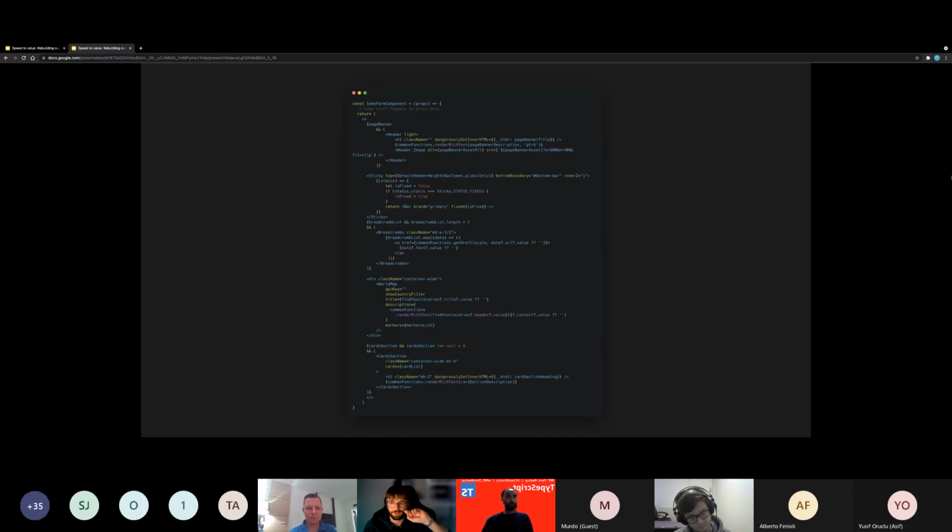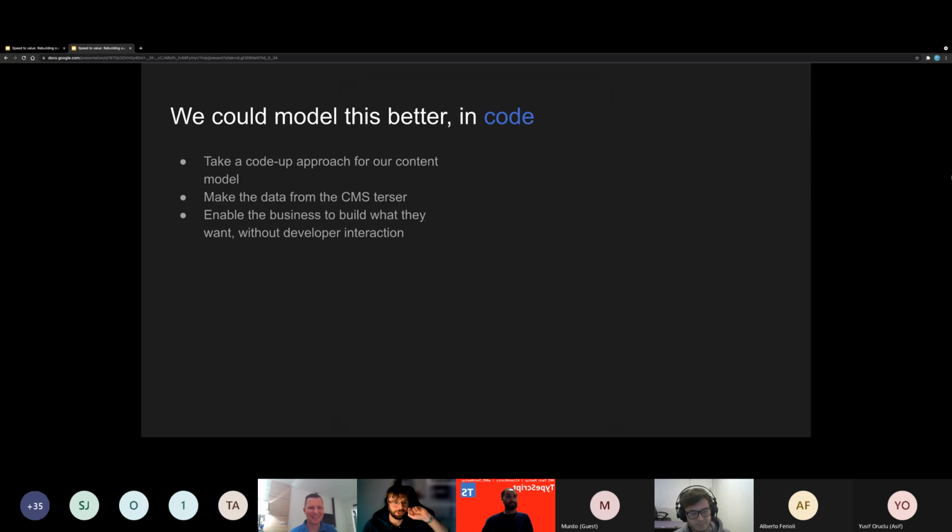And that's my cue. So we thought, you know what, we could model this better. We could take some inspiration from TypeScript and build a few interfaces, build a nice library around this and work from the bottom up. Historically, we'd go straight in on the CMS, be like, this is what I want it to look like, go into the code base and have a good cry as we sprinted away.